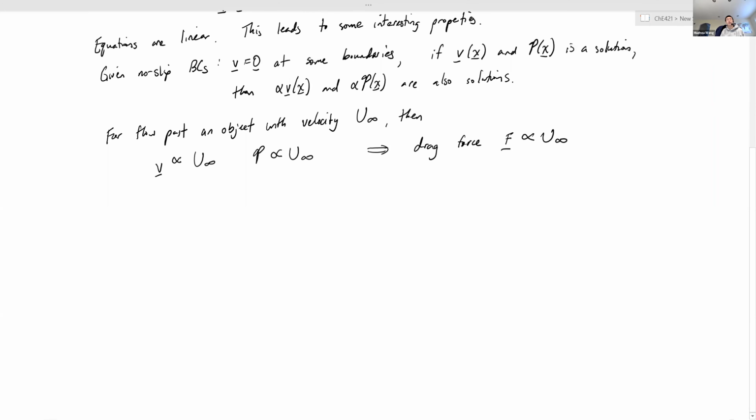This is qualitatively different than the inviscid flow scenario. In the inviscid flow scenario, with boundary layers and so on, a lot of times you get something like a u squared. If you recall, the pressure typically scales as 1/2 rho u squared. Let me actually draw a few scenarios here.